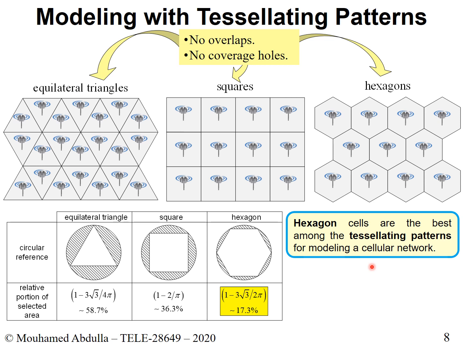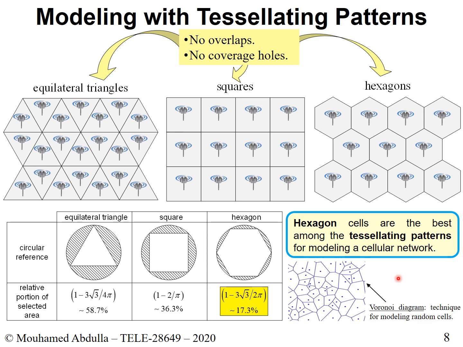This is not the only model that exists, although this is very traditional. People use this regularly, also people in industry use the hexagonal cell regularly. But there are other models that came about in recent years. For instance, I'll show you one approach to model a cellular network using a Voronoi diagram. Essentially, you have a bunch of points that are generated randomly, and each of them represents an eNodeB, a base station.